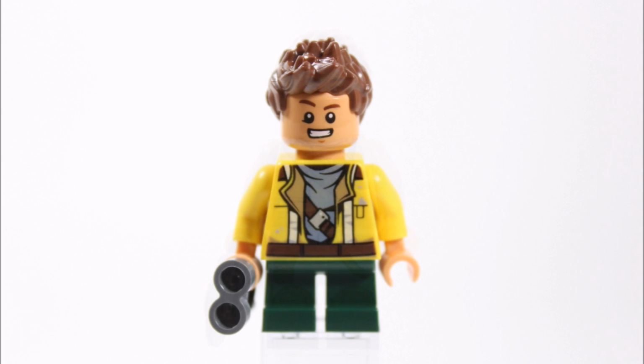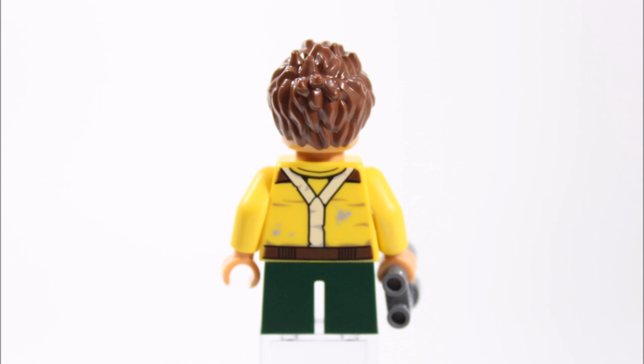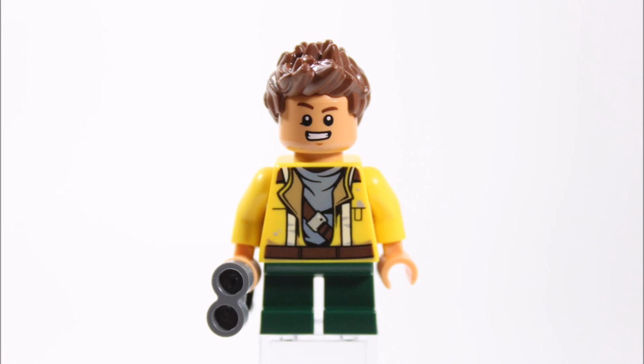Next up, Rowen looks just as good as his brother and sister with his small dark green legs and yellow torso with open jacket printed on. And from the side you can see he comes equipped with some binoculars, and at the back the torso's nice printing continues. The Rowen minifigure also has the same spiky hairpiece as Marvel's Hawkeye, except it's reddish brown, but it's a cool hairpiece and one of our favourites, and like the others he has a single-faced head with this happy